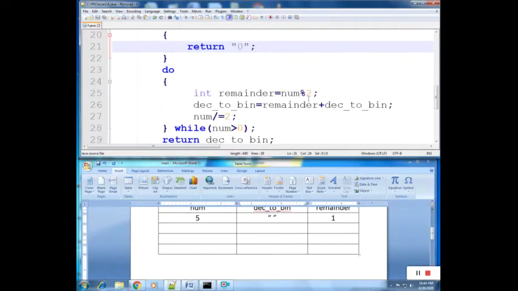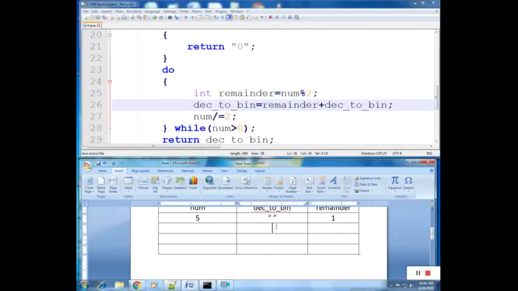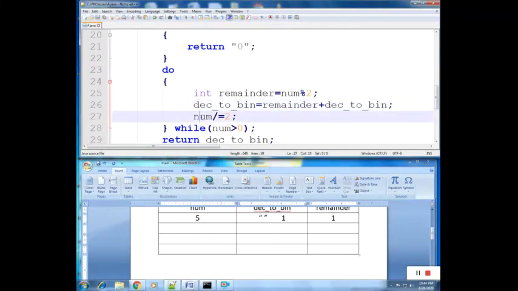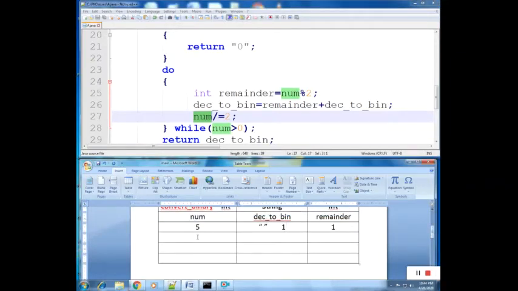Now what happens? The remainder is 1. decimalToBin is equal to remainder 1 plus decimalToBin, which is blank. Therefore, the final value of decimalToBin will be 1. Now num is equal to num divided by 2. That means the value of num will be 2.